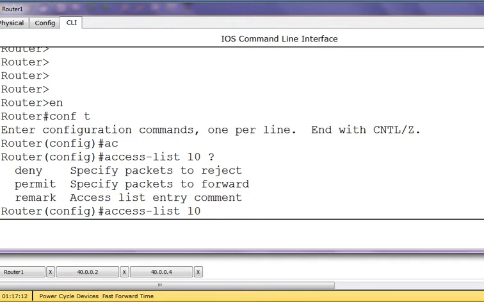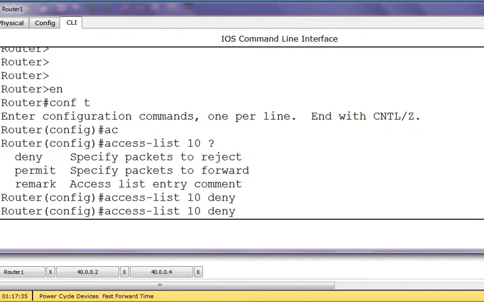We have three options: deny, permit or remark. We're going to concentrate on deny and permit. Let's write which one to deny first, then we'll think about permitting, because first we are concerned about security. So first one will deny.